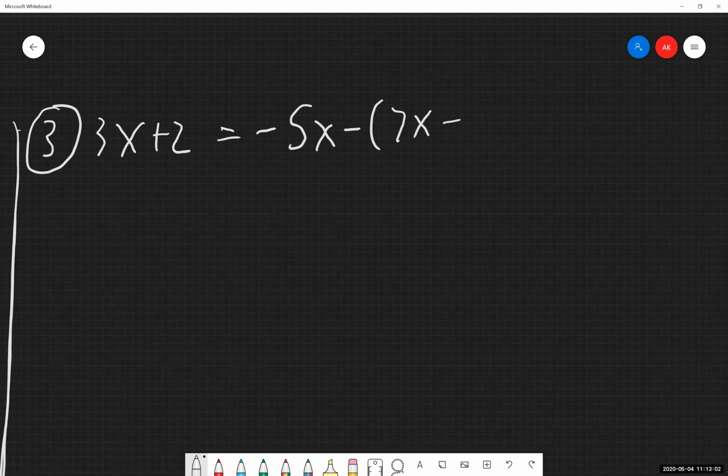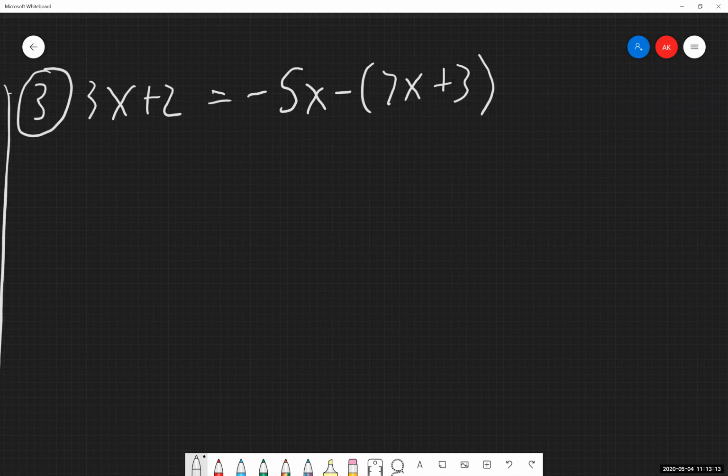X plus 3, okay. All right, I'm going to take a quick second, make sure I have everything written down correctly, and we do. Okay. So again, our first step in the process, I want to identify what I'm solving for. I'm solving for x. Now I am simplifying both sides of the equation down.